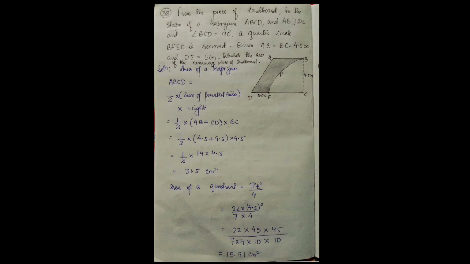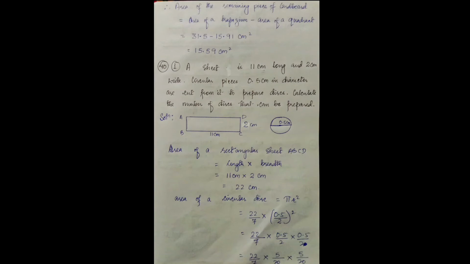From this trapezium, you have to subtract this quadrant to get this shaded region. So the area of the remaining piece of cardboard is area of trapezium minus area of quadrant. This is the area of the trapezium, this is the area of the quadrant, which is 15.59 centimeter square. Now the next question is question number